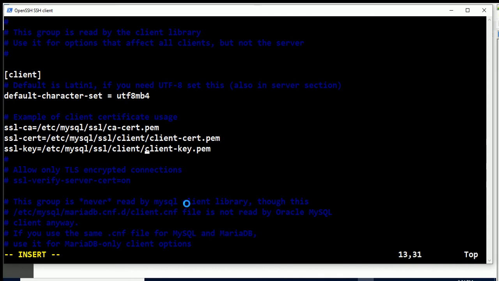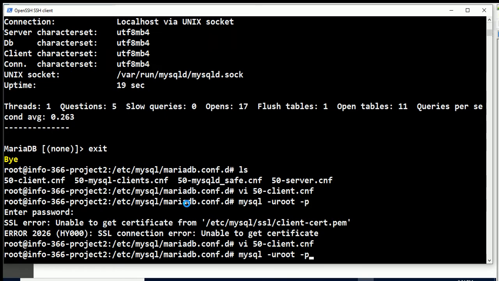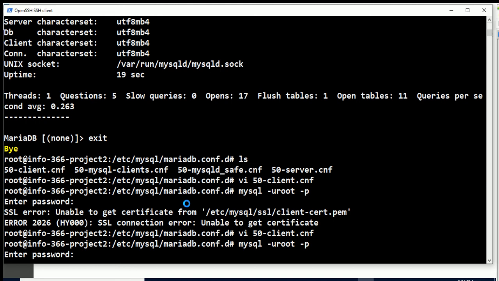It's under client, client-key, right? Because I tried to keep it organized. I got messed up from trying to stay organized. So now if I try to connect,